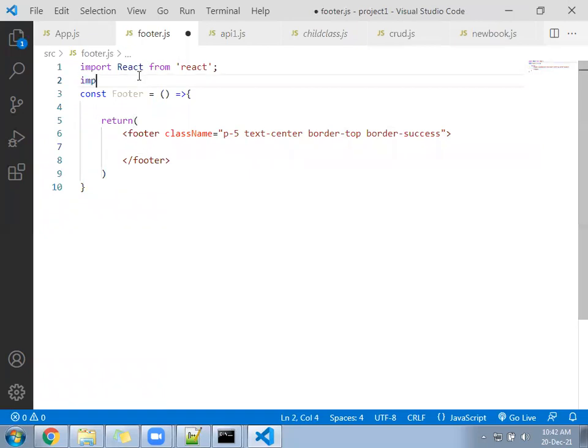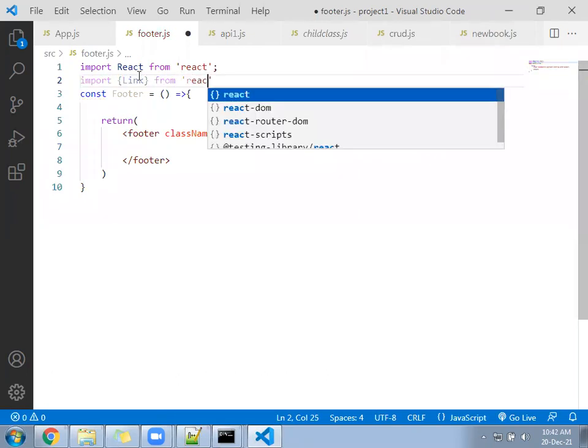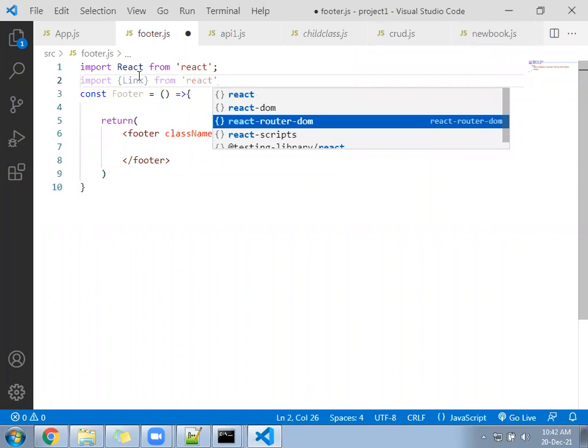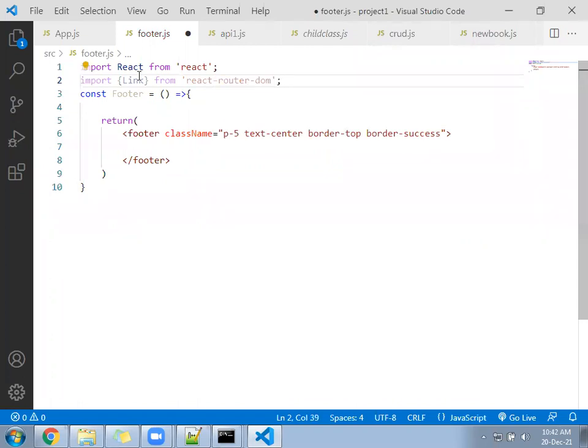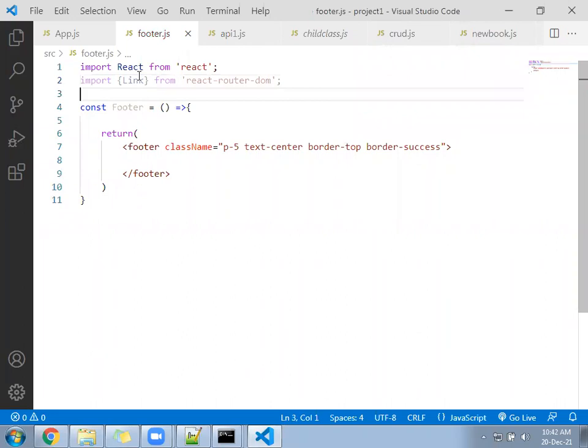Import link from react router DOM. The footer will be written.